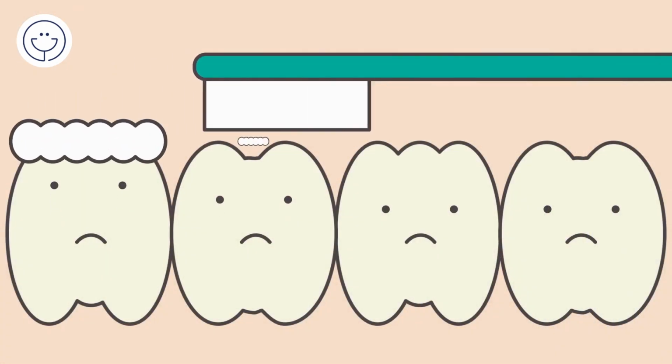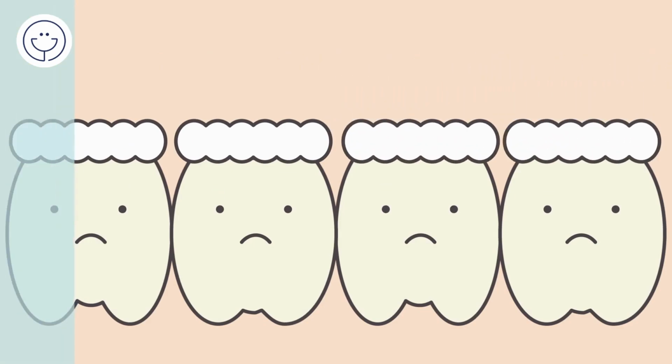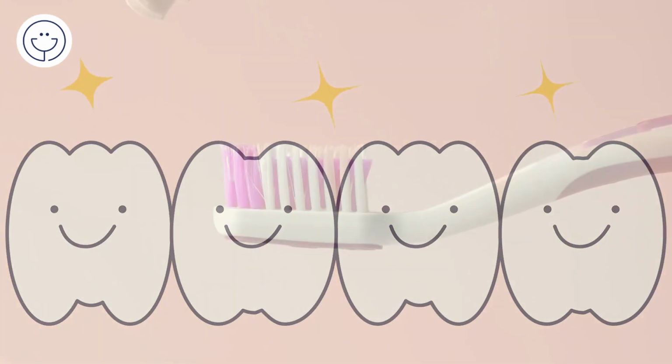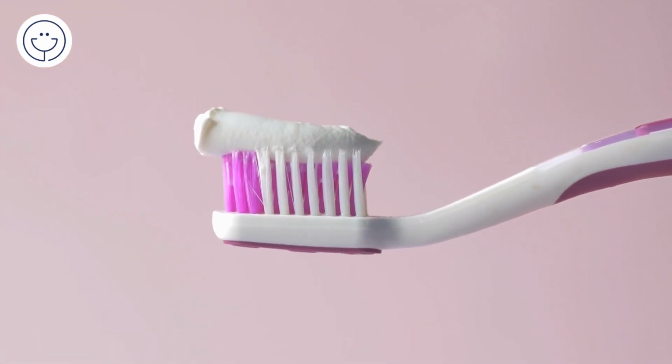Prevention is essential in the fight against tooth decay. Here are some practices and measures that can help prevent cavities from forming. Regular brushing. It is important to brush your teeth at least twice a day with toothpaste that contains fluoride. Proper brushing helps remove dental plaque and bacteria that can cause cavities.